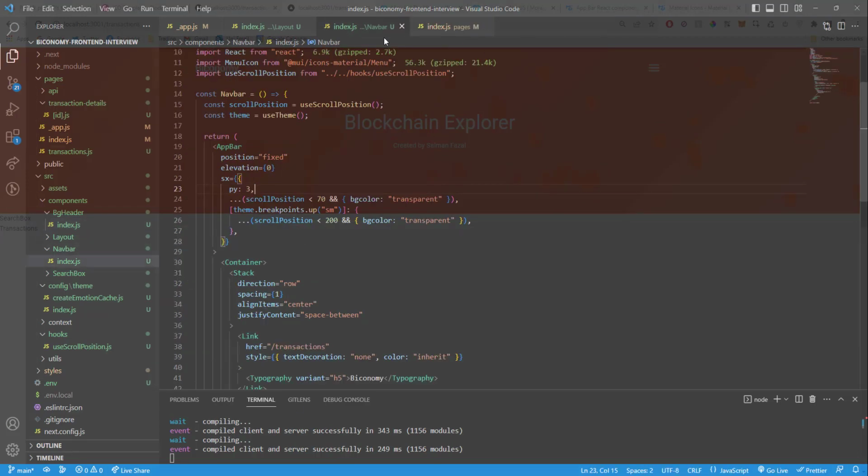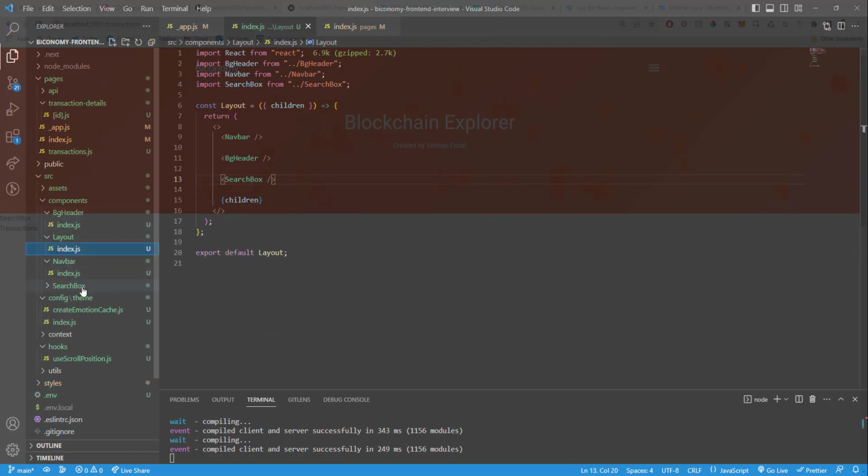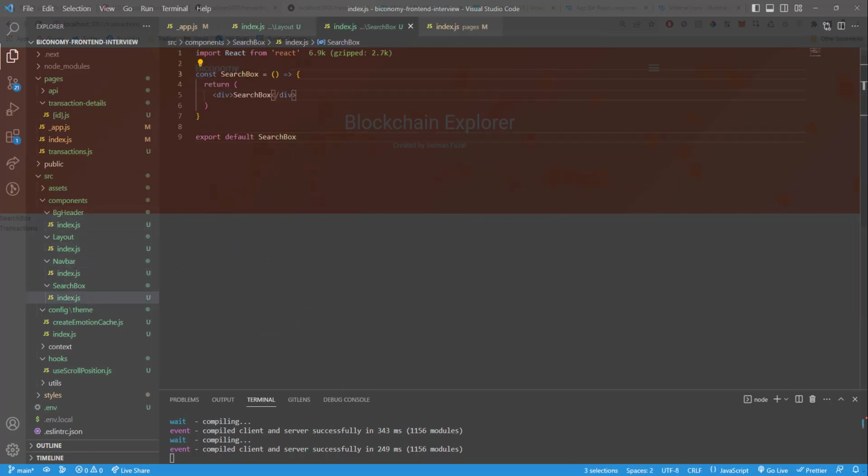So let's close this now. Let's close the nav bar, so we don't need it. Going to the search box, let's create our search box now. So first thing that I want to do is I'll use a local state for now. Actually, I want to undo that. There's no need. Okay. What do I start with? I'll start with the